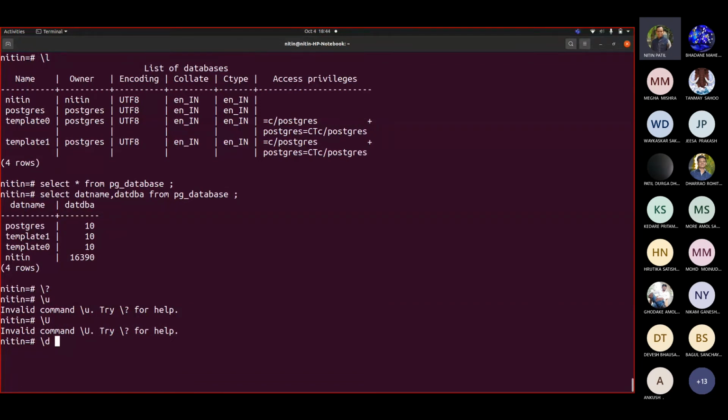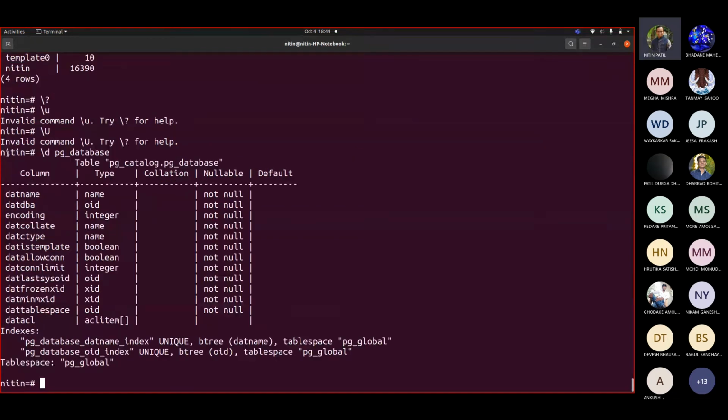So the way that we saw this internal table right now, because it is a table. When we saw that there, \d, then pg_database, it showed us that this is a table, and all these tables are called the catalog.